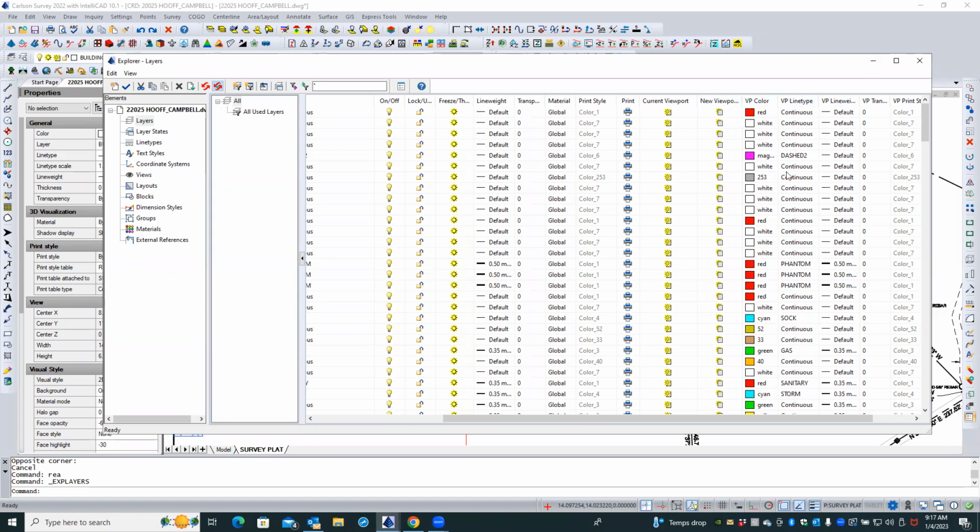So if you change something here, and this other half of this box only shows up if you're inside a viewport. Okay, so if you're back on the model tab or out in model space, you won't see this stuff. You'll only see this first half. But if you're inside a viewport, now you can control it within that viewport. So if I look at those,